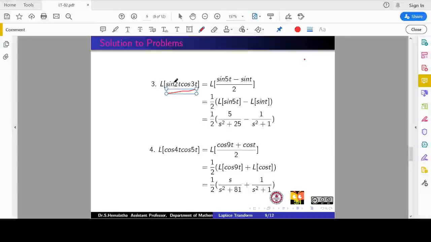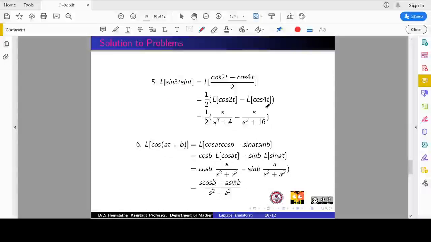So when you add up the angular terms, it is 5t. When you subtract, it is t. So cos A sin B will have a negative link here. So sin of A plus B is 5t and minus sin of A minus B is, it's not 2 minus 3, it's 3 minus 2, because I have applied the other formula. And that's it. 1 by 2 can be pulled out. Apply the formula for sin 5t and sin t. That's it. Same way I have worked out the fourth one also, and the fifth one with a similar product function.